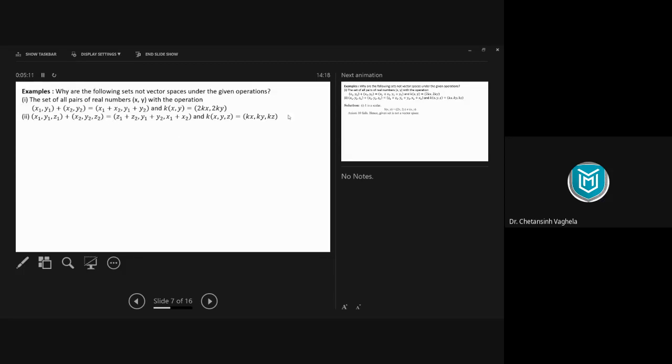So in the first question, as you can see here, we have two-dimensional vector, 2D vector. That means the set we are talking about, that set is